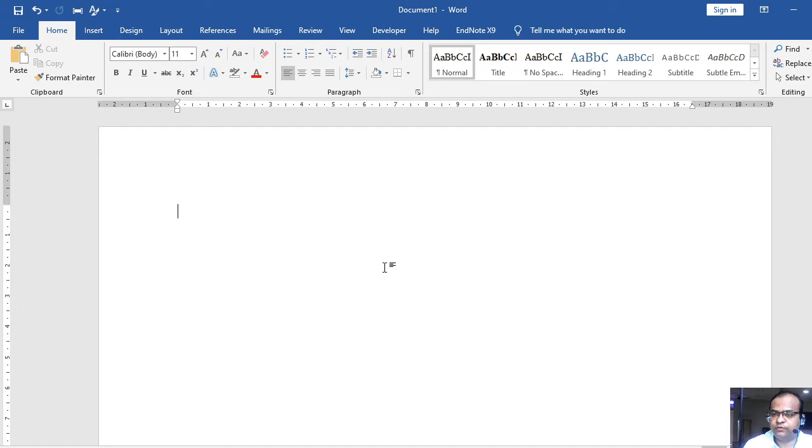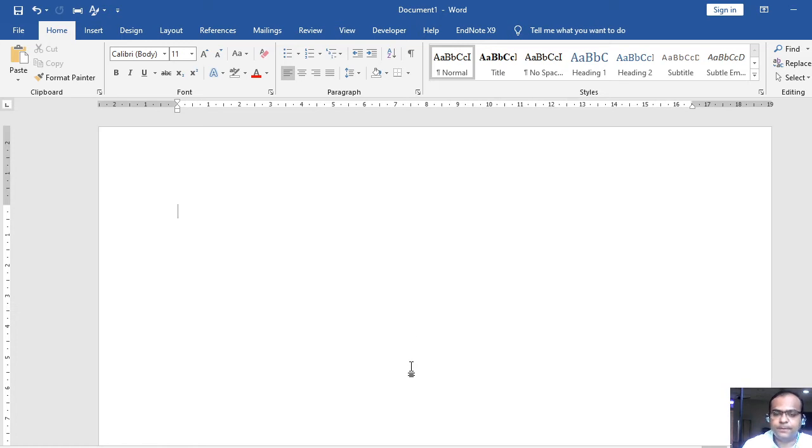There are lots of features in Microsoft Word which allow you to efficiently handle your file of more than 300-400 pages, right? It has very efficient features, so there is no need to create such separate files and then join them afterwards. So rather than doing that, I suggest to create a single file for your entire work.